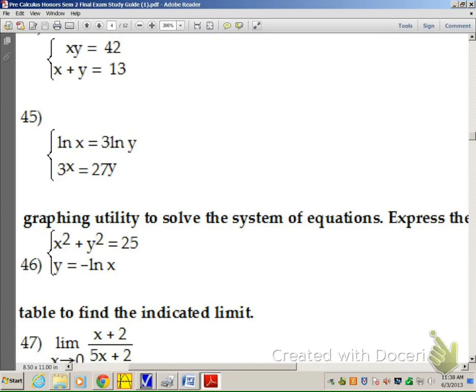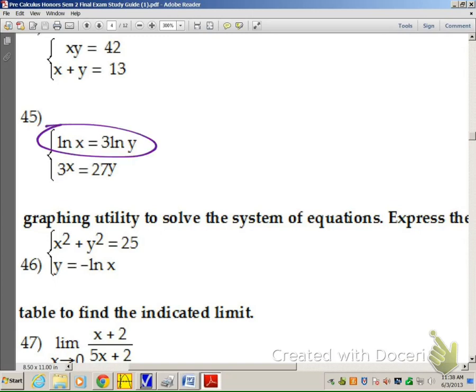So again, just like the other problems in which we're solving for x and y, we're trying to figure out what the solution to the system is. It's the x and y, the coordinates that satisfy both equations, or the ordered pairs that satisfy both equations. And in order to use our calculator to help us, what we want to do is solve for y in both equations. So this first equation here,